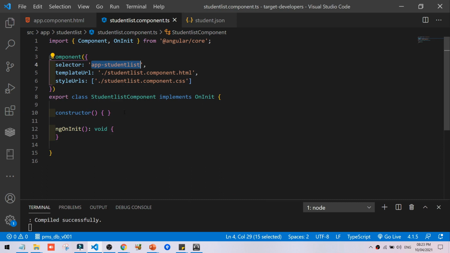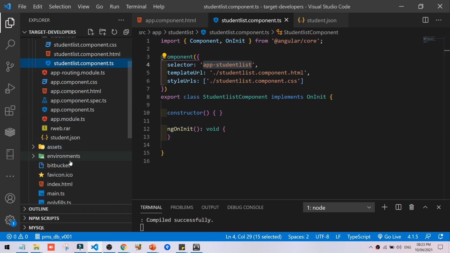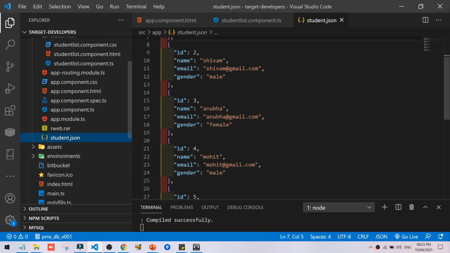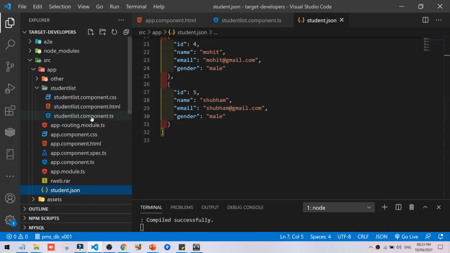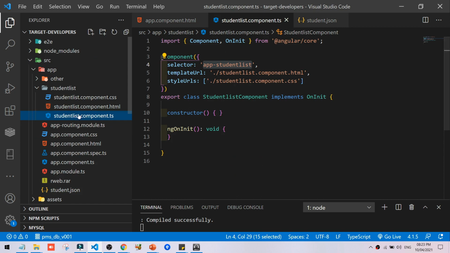Firstly, we are importing the JSON we have just created, student.json. Now we will import this JSON file in the student-list component TS file.